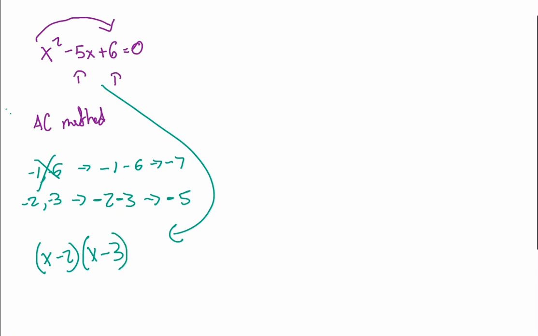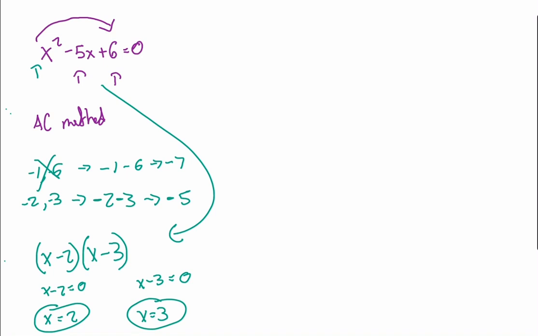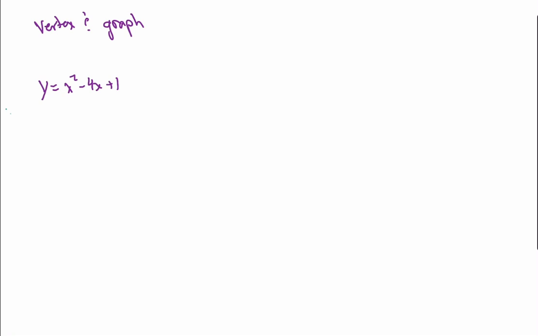Now, what we have to do is take each set of parentheses and set it equal to 0. So we're going to say x minus 2 equals 0 and x minus 3 equals 0. So our one x value is going to be 2, and our other x value is going to be equal to 3. If we had to graph this, we now know that our x-intercepts, or where we're crossing the x-axis when our y is 0, is going to be at x equals 2 and x equals 3. Again, if we had to graph this, we also know that we're opening upward because we have a +1 as our A term. So now let's look at how we can find the vertex and graph a quadratic equation in